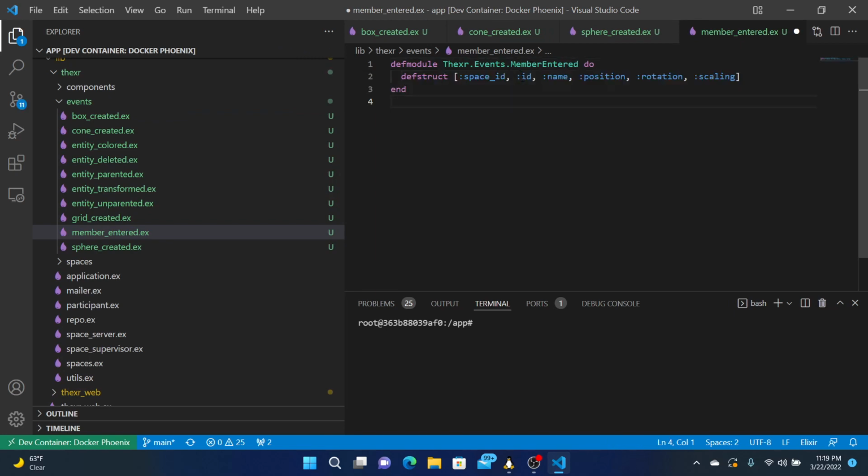Space ID, the ID of the member, and the position, rotation, and scaling.